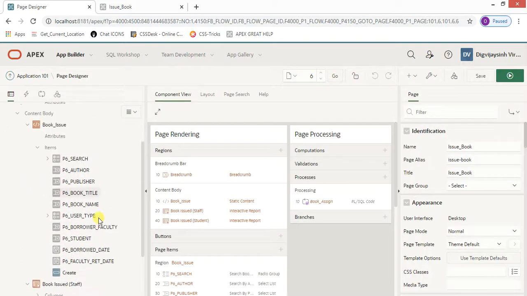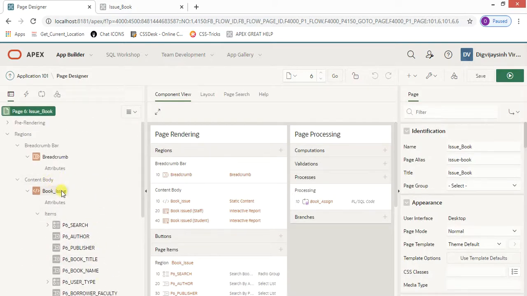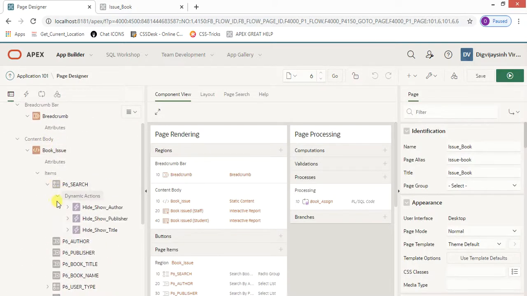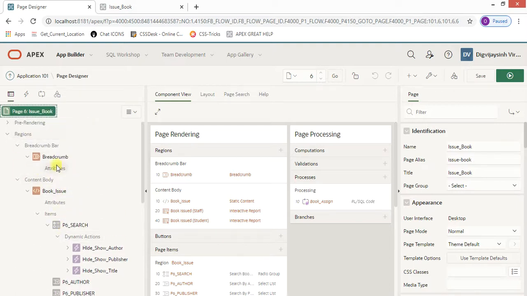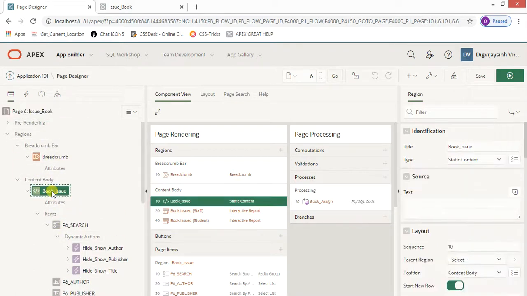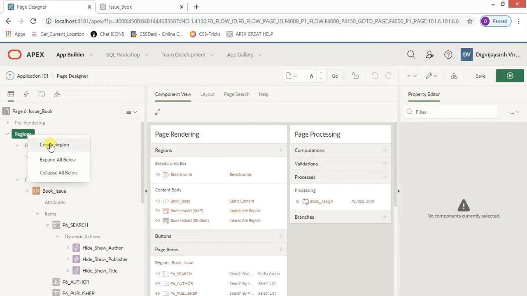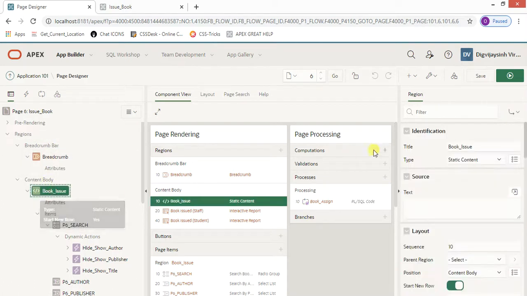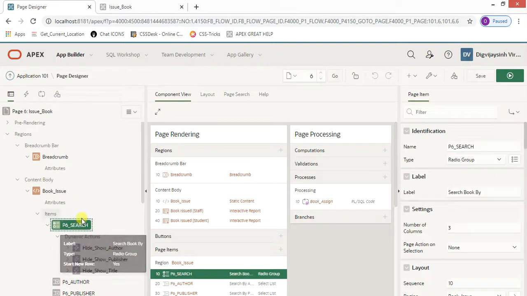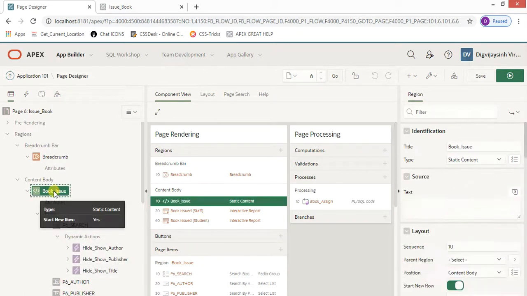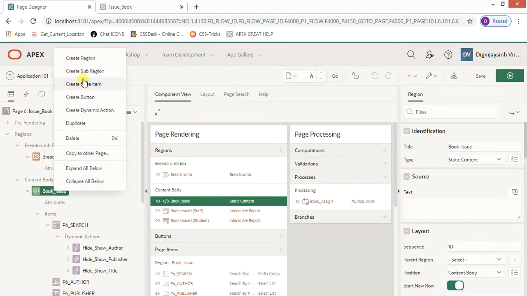There are a number of things, a number of calculations, so we will learn it one by one. I have created this region by clicking on create region, and the book issue region has been created. After that, this is the first element that I have added, by right clicking on it and choosing create page item.